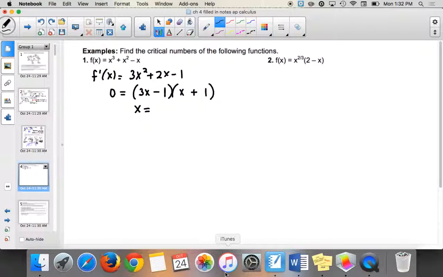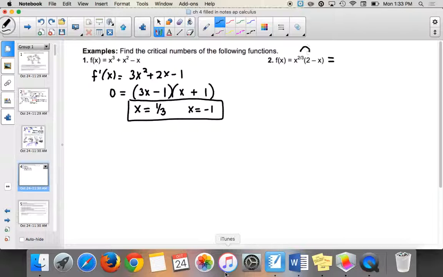So I get two critical values. I get x equals 1/3 and I get x equals -1. Okay, so all I asked here was to find the critical values. So we're good. We found the critical numbers, okay? Now, if I asked you to go further to figure out where it's increasing, decreasing, where I have a max, a min, and so on, you could do all of that. You would put it on a number line, and you would test in each location on the right and left of 1/3 and -1.